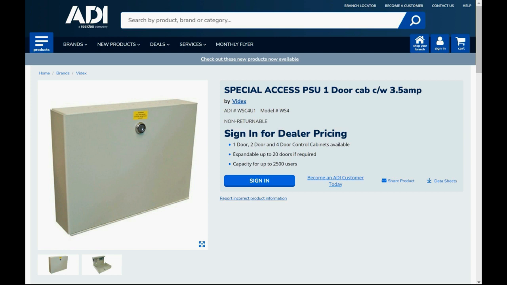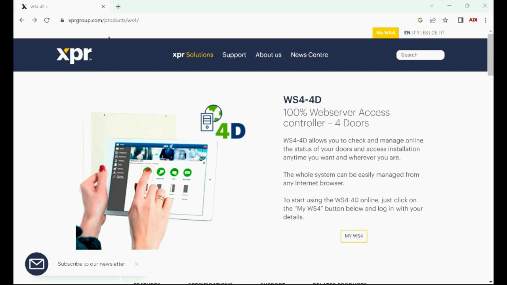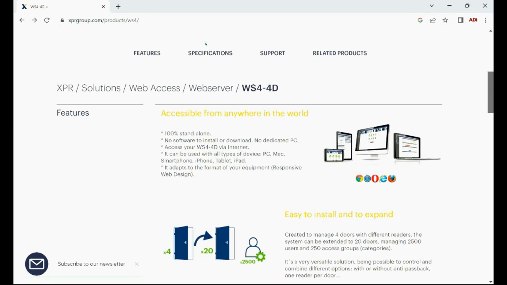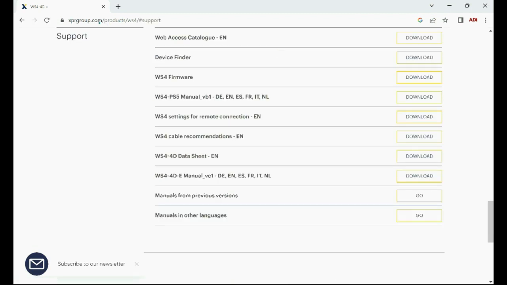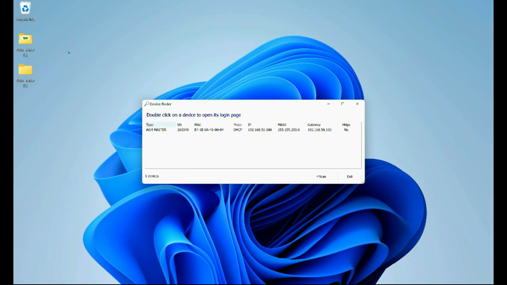Before you start, you need to download some software. So go to the website www.xprgroup.com/products/WS4, and then on that page you can click on support, and there you'll see device finder. Simply download that and install it in your usual fashion. I'm on Windows 11 here, so it would install to my downloads directory. With device finder running, it's found a device, and there's its IP